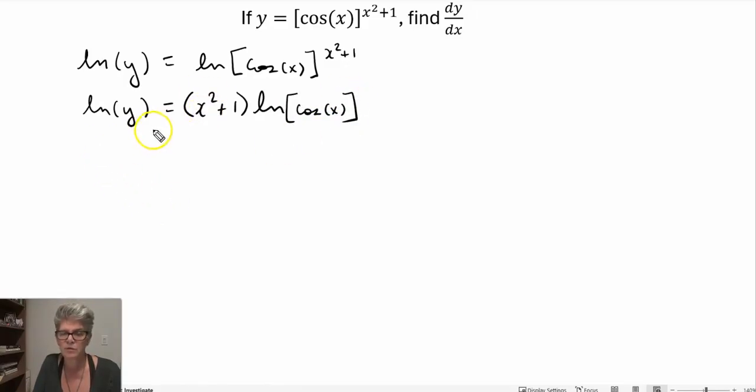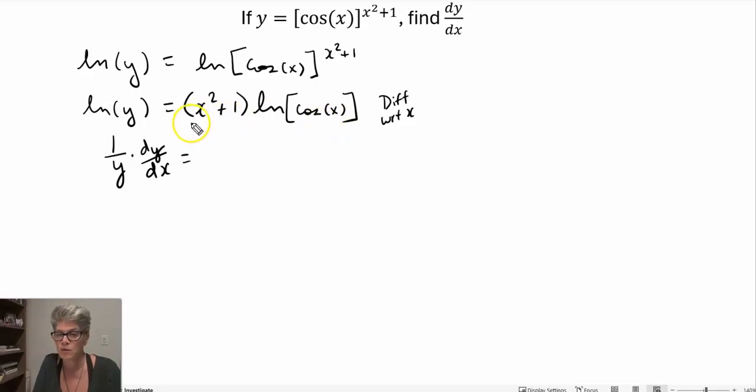Now I'm going to differentiate both sides with respect to x. And so here's where the implicit differentiation comes in. The derivative of ln of y is going to be 1 over y, and since we're taking the derivative with respect to x, it's going to be times dy dx, or times y prime. They're the same. Now what we have here is a product, and so I'm going to use the product